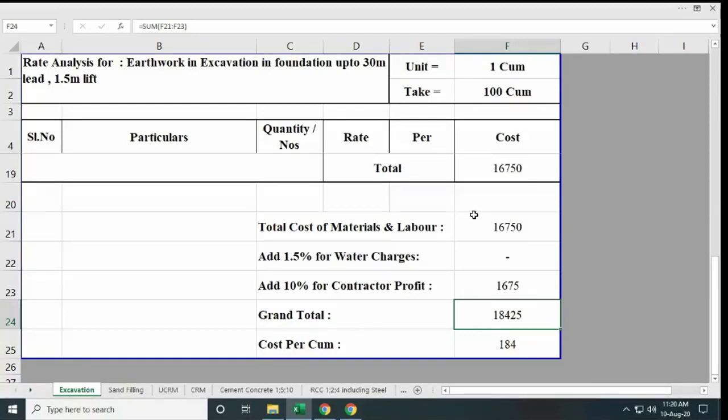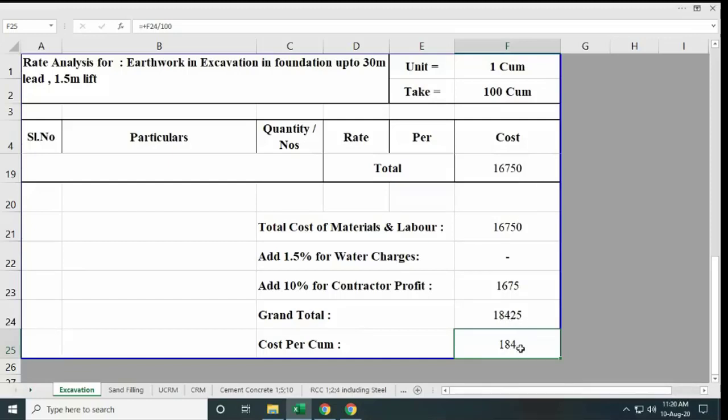So that rate we are going to multiply and prepare an estimate and get the total cost. So generally, they do a calculation and prepare the schedule of rates. From that schedule of rates, which changes every year, we multiply the rate with the quantity so as to prepare an estimate. That is what we used to do. In this way we are going to do the rate analysis.